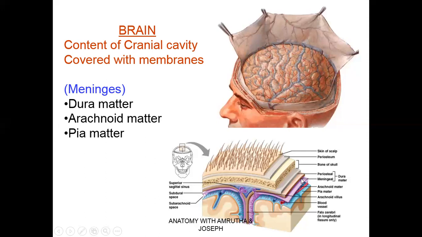They are very close to each other generally, but in some areas like this, the two layers of the dura, the periosteal layer and the meningeal layer, separate. In the separations, there is a collection of blood, and they are called sinuses. So this area is a sinus, where the two layers of the dura mater separate.